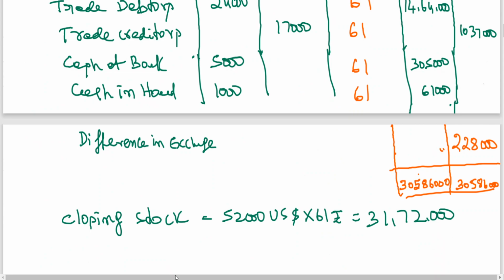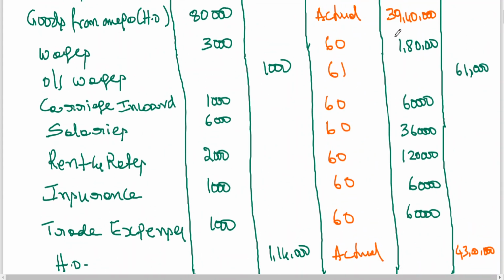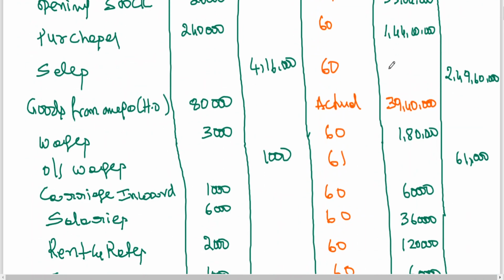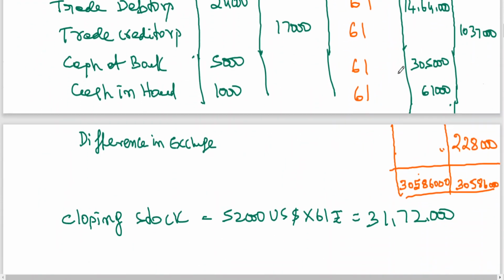Yeah, I have done the calculation part here. I think there's some calculation mistake we have done here. Instead of writing something like 1 crore 44 lakhs, I think I've written 14 lakh 40,000. Here also same thing. I cross checked, I verified. Now you can see this because you got the totals with you. You are getting 3 crores 5 lakhs 86,000, and the difference you are getting is 2 lakhs 28,000.